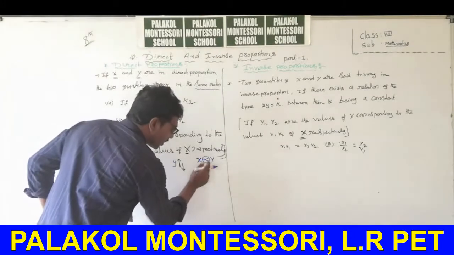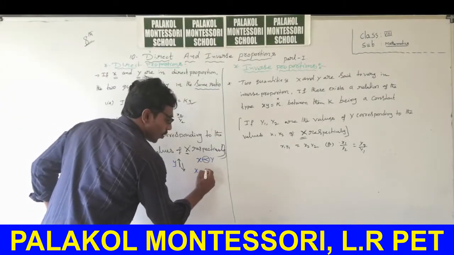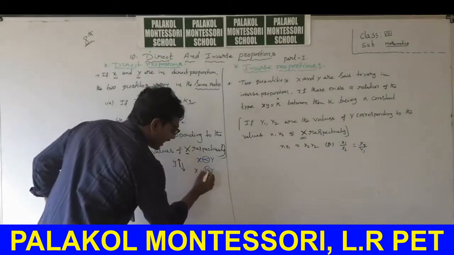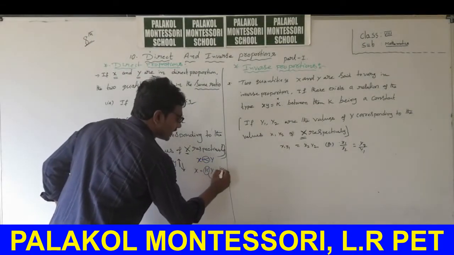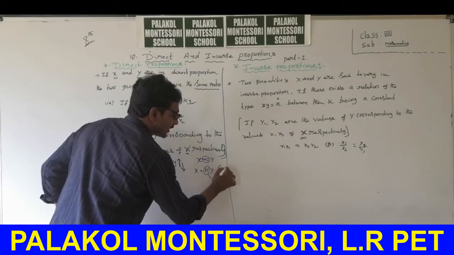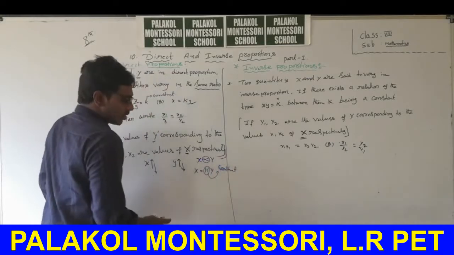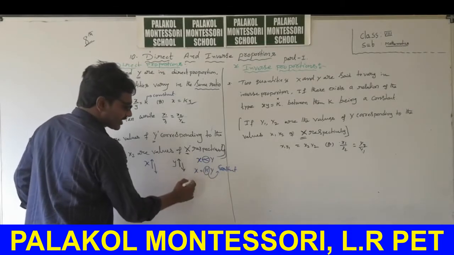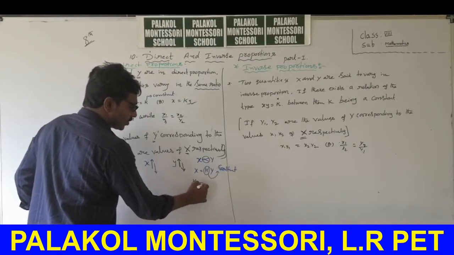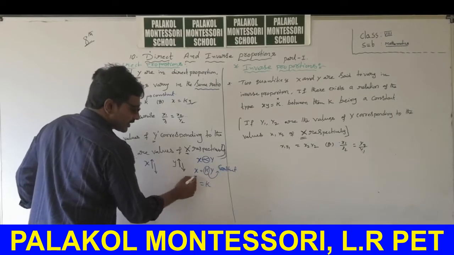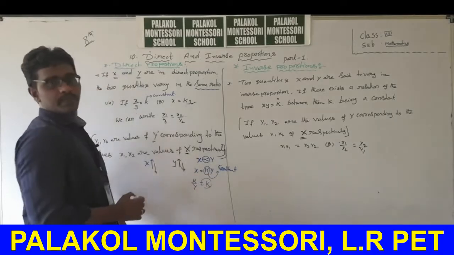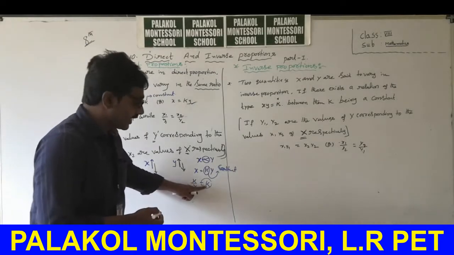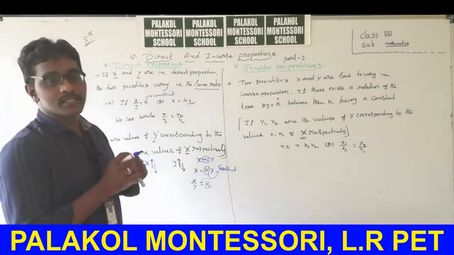How do we write this? x equal to k into y. What is the meaning of k? K is a constant. Is it clear? So here y is multiplied on that side, and x by y is equal to k, which is called the same ratio. X by y, the two quantities in ratio form, you get a number, and that is called the constant.